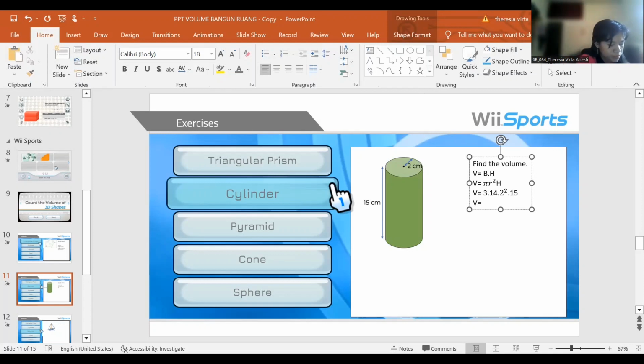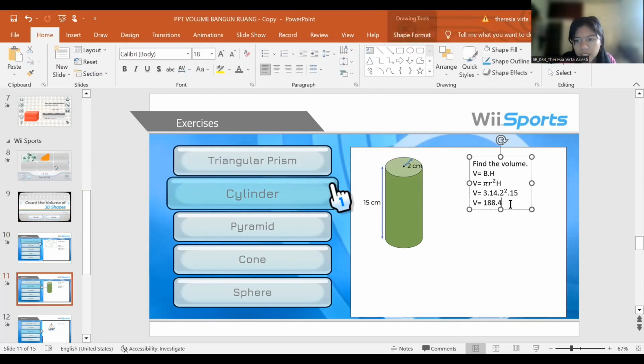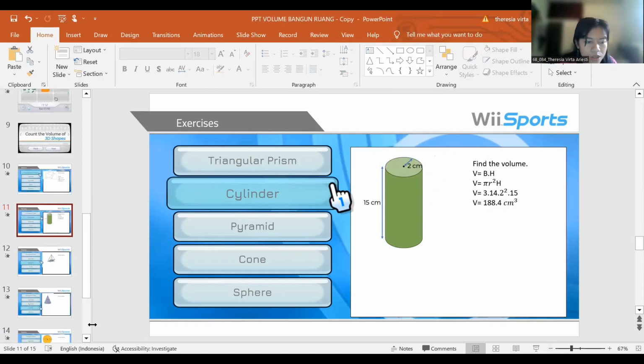3.14 cross 4 cross 15. We got 188.4 centimeters cubic. Okay. And then we're going to the